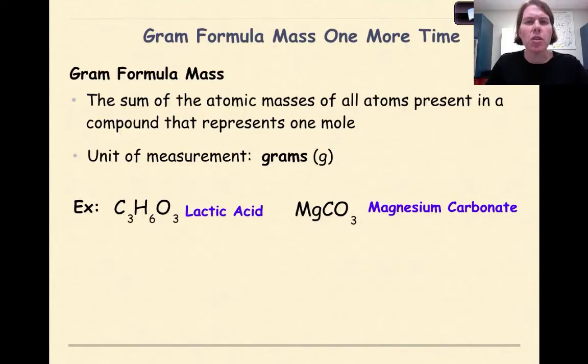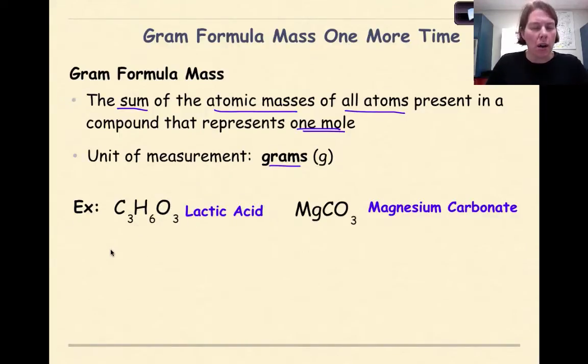Now remember, the definition of gram formula mass is the sum of the atomic masses of all atoms present in a compound that represents 1 mole of a substance. The unit of measurement that we're going to use here is the gram, which is represented by a lowercase g. So let's look at two examples. I have lactic acid here, which is